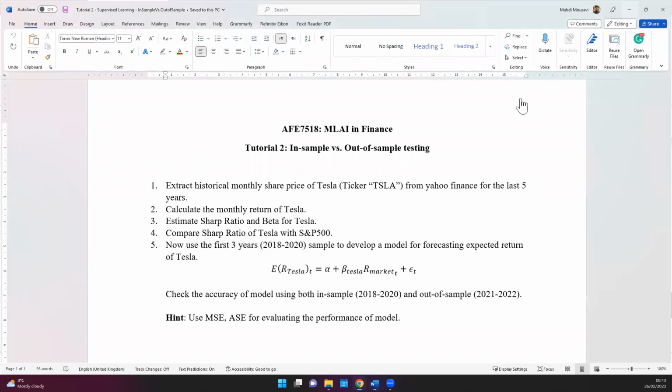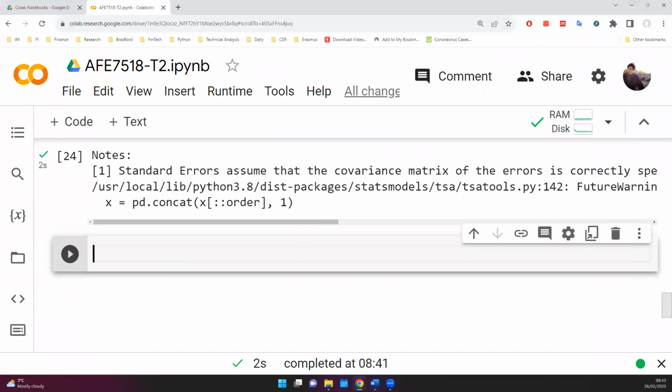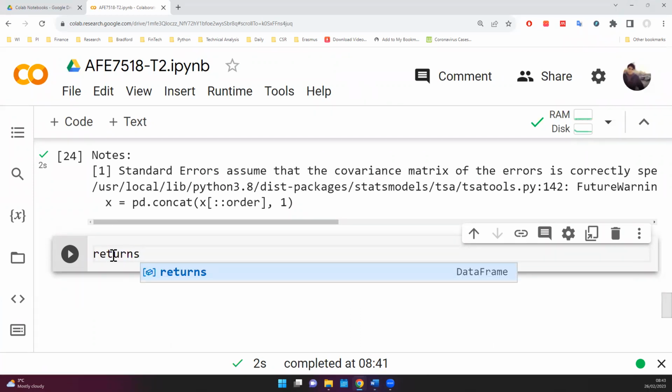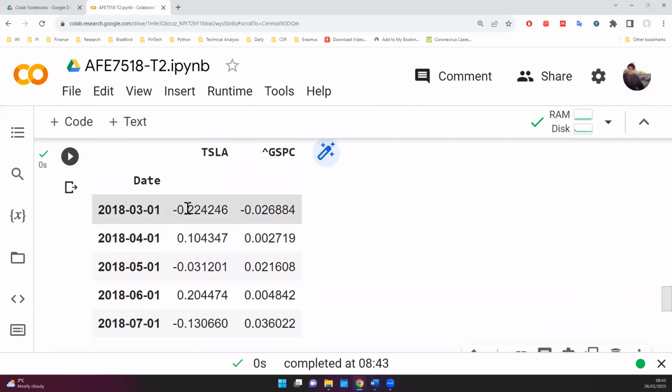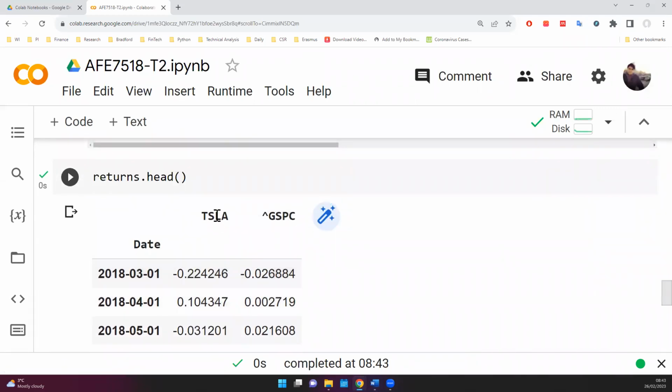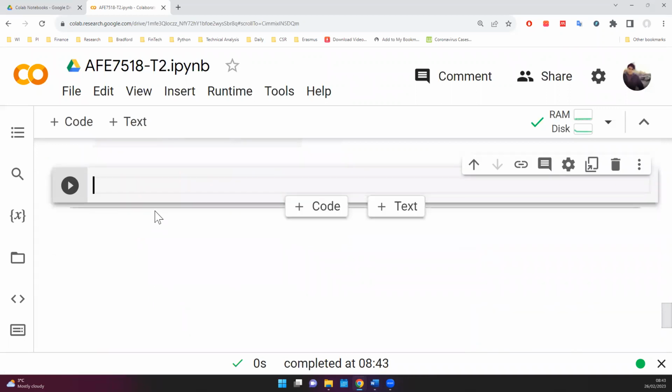All right, so remember, we have got returns as the array of our interest, including the return of Tesla and GSPC. So now we want to divide this whole sample into 2 subsamples. One of them we are going to call training sample, and the other one we are going to call